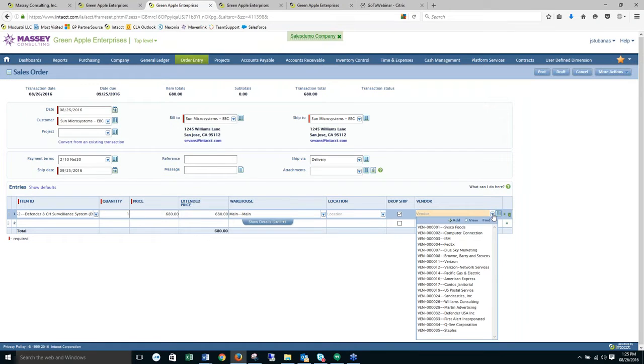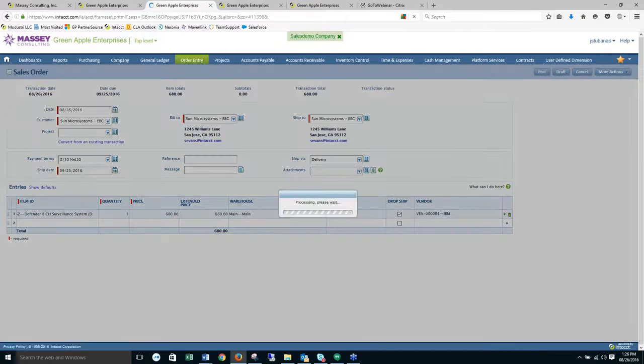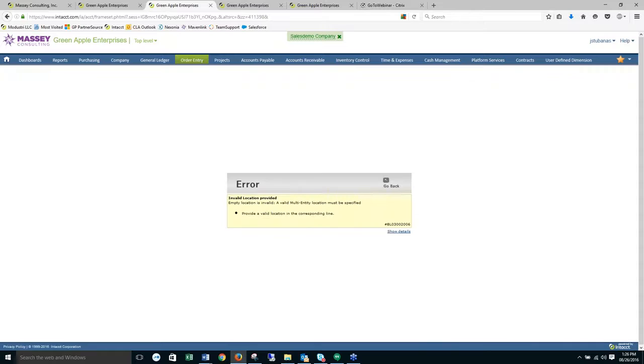I'm going to pick the vendor that I want to perform that dropship, in this case IBM. And I can go in and fill in this sales order and include items that are going to be drop shipped, in fact, to multiple vendors that I'm sending purchase orders out to. And I can include sales order items that are going to be shipped directly from our site to the customer. So I can mix and match items for drop ship. I can mix and match vendors who are going to be on this sales order, as well as regular line items. And as soon as I go in and save that and post, over on the purchase order side,